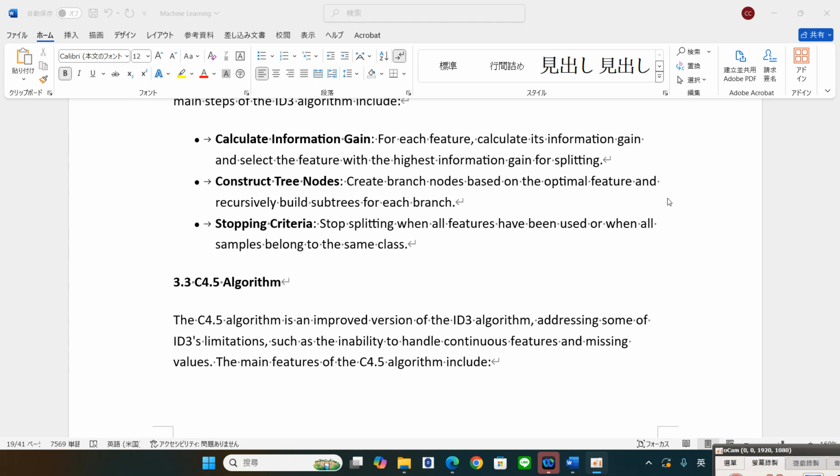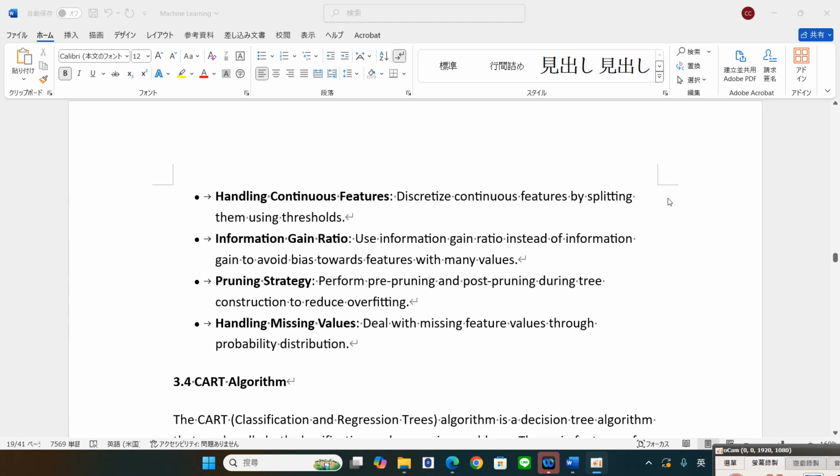The next section is the C4.5 algorithm. The C4.5 algorithm is an improved version of the ID3 algorithm, addressing some of ID3's limitations, such as the inability to handle continuous features and missing values. The main features of the C4.5 algorithm include handling continuous features, discretizing continuous features by splitting them using a threshold, information